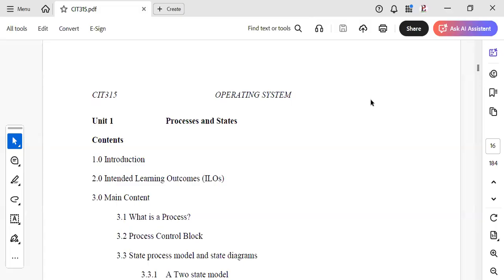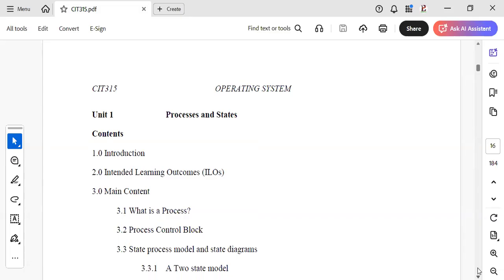That's the course code and the course name, CIT315 Operating System. And I think it's a course that both CS and IT are doing, because both of us deal with operating systems while we're operating the computer. So today, we'll start with Unit 1,